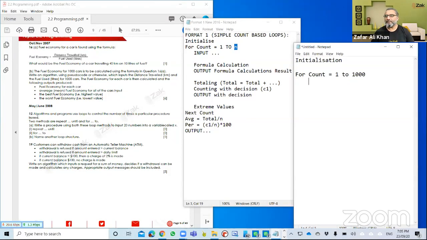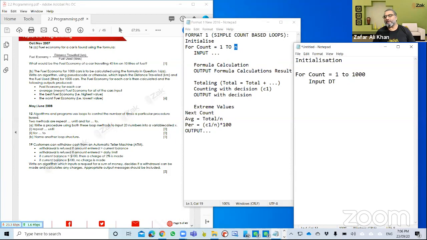We indent it, and then it says the fuel economy for 1000 cars is calculated using the formula in question 16a over here. Write an algorithm using pseudocode which inputs the distance traveled. So the first thing that you have to input is